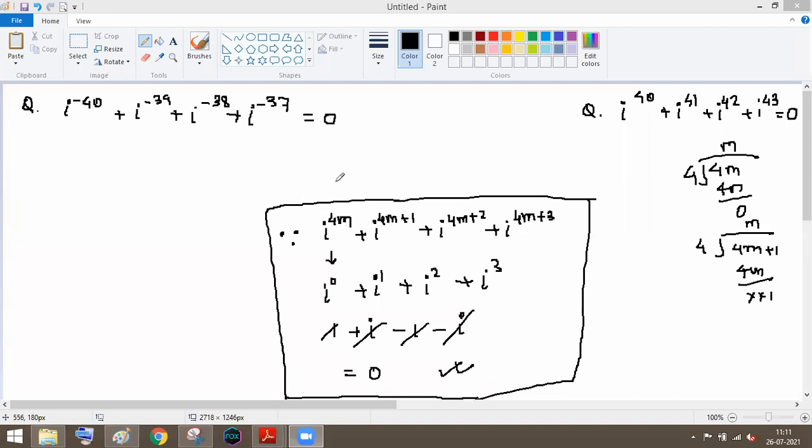Hello, Suklaji, clear? Yes Varuni, sir, you got this? The sum of 4 consecutive powers of i will always be 0. You got the concept of i, Varuni? Utkar Sawant, sir, I have a doubt. Yes, tell me. Sir, in the previous question, how did you get i raised to minus 3? I raised to minus 39, that you did in the previous question, right?